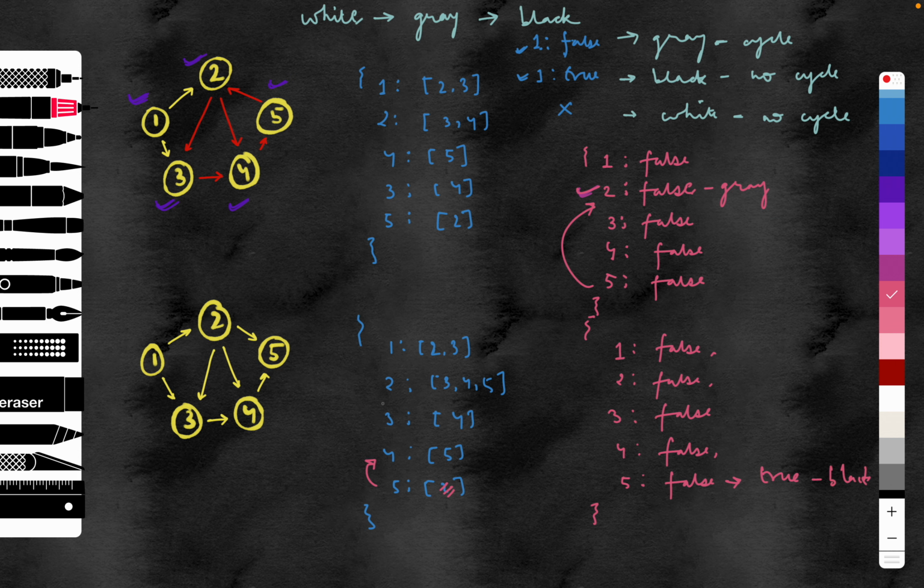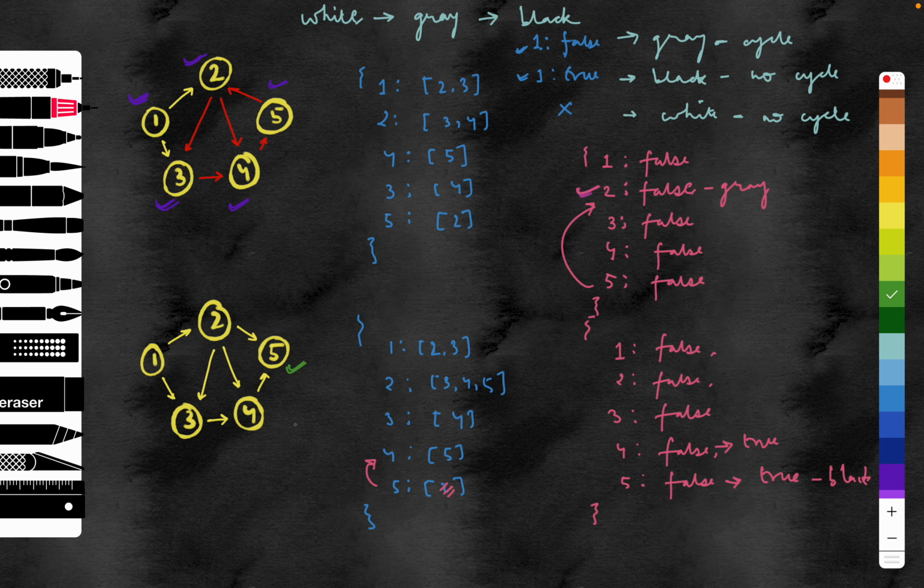So we're done traversing 5. There are no neighbors. From 4, there are no neighbors. So you update this value to true as well. And let me update. So when you're traversing, right, when you're done processing them,